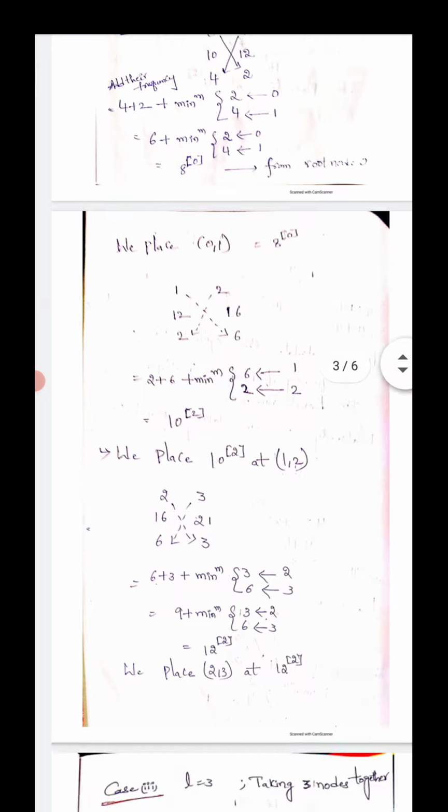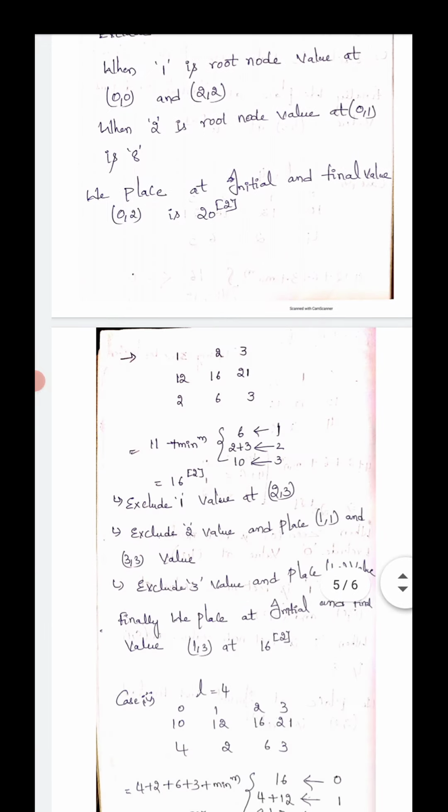Okay, the value is 12. Now we can place it at the 2 comma 3 position. If we exclude the 1 value at 2 comma 3, how much do we get? 12.